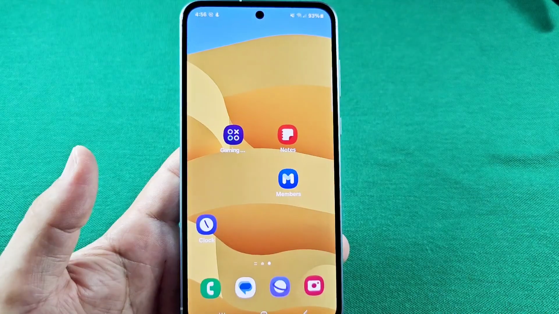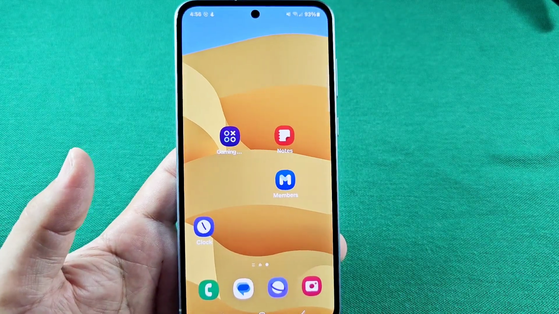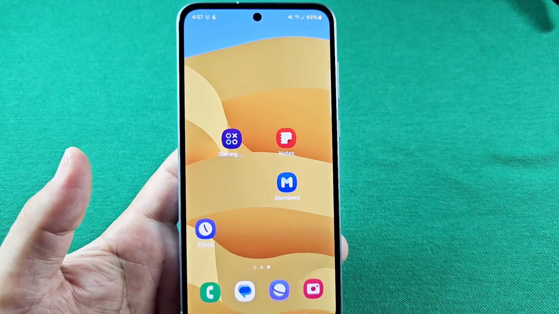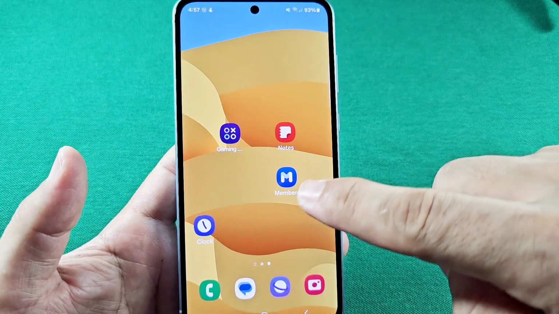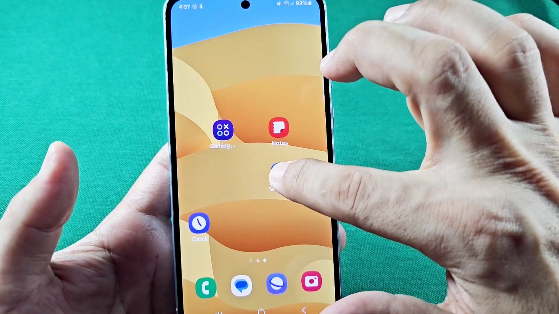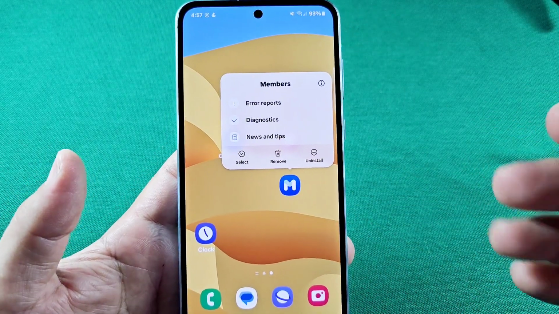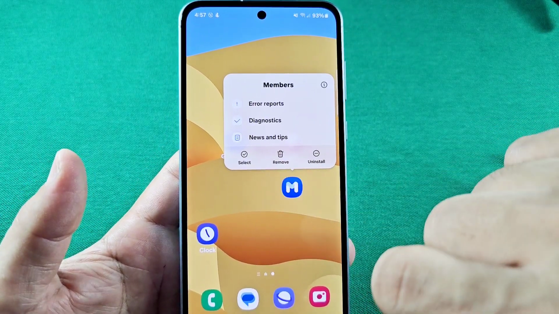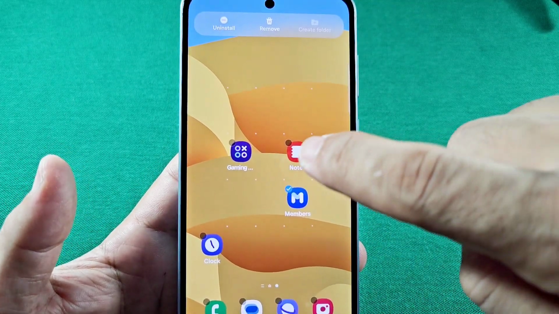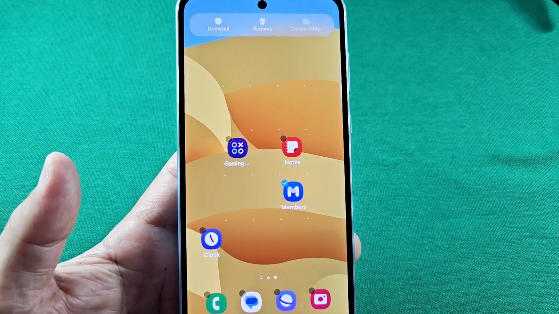Let's do it. The fastest way around this is simply by finding the apps that you want to put together in that folder. So you'll start by long pressing one of them here. So maybe you want to put these here together, right? So you'll long press it. When you do this here, you'll notice the option to select right there. As you select that, you'll now notice that you'll see these little circles above every app, which will allow you